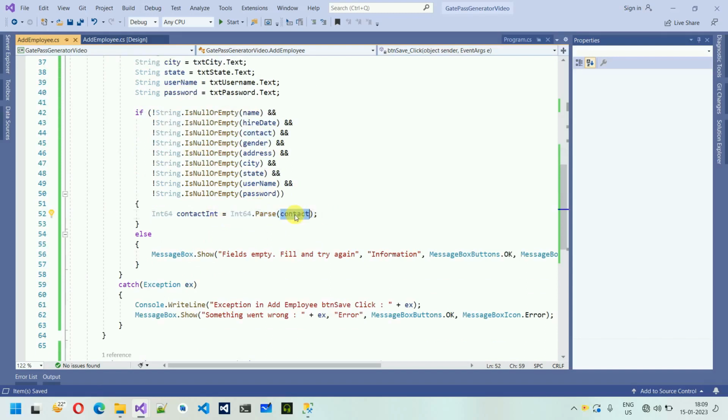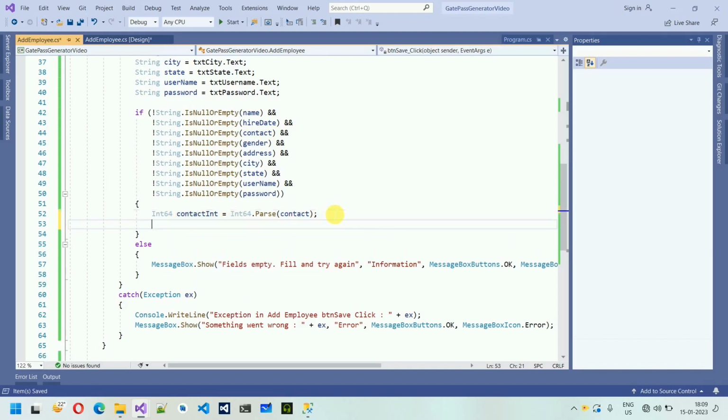It means that at this point it's not possible for any character to enter into this text field, or empty space is allowed. So only a number is possible. So it can easily be converted into this integer type without any issue. After this, the first thing I'm going to check is whether the username exists in our